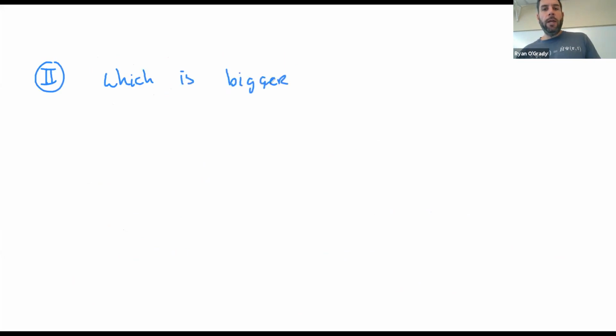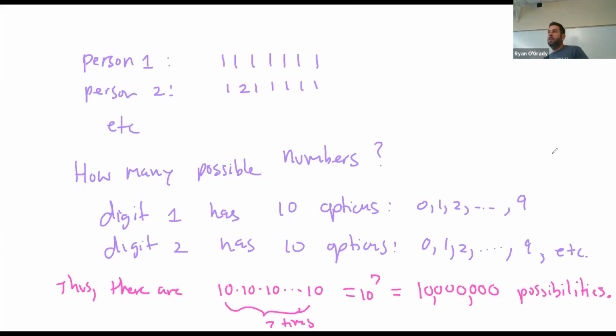I have a question. Yeah, what's your question? Say if you want to repeat the number. Then how would you do that? Okay, then that would be the factorial. How many options would you have for the first digit? You'd have 10. So how many options do you have for the next digit? 9, then 8, all the way down. That's right. So the question was, what if we weren't allowed to repeat digits in each number? Then you would use 10 factorial, 10 times 9 times 8 times 7 times